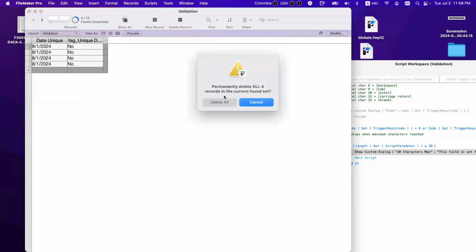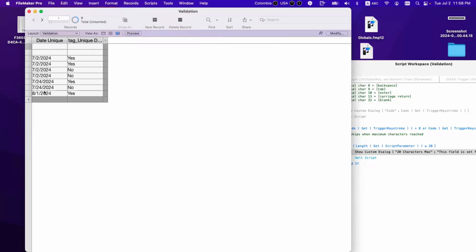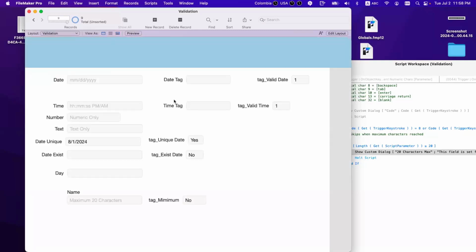I'm deleting those, but the yes is there. That's the first input. So for example, if you have many inputs like this, the first will say, is it unique? Yes, that's the first time you put it, right? And then everything else you put after that is not unique. So you have some kind of control here, right? Do we have any questions?